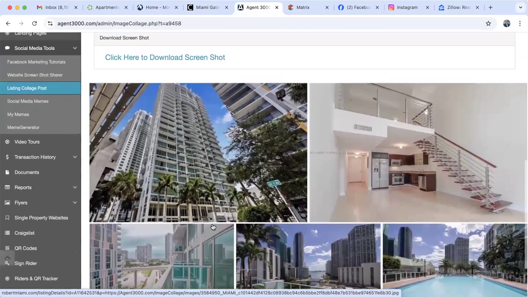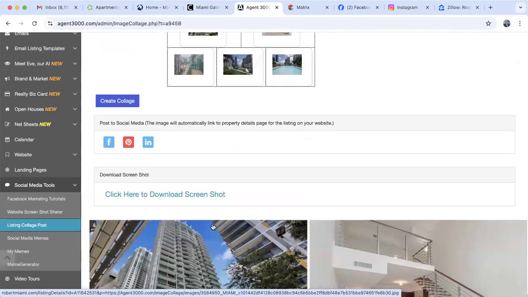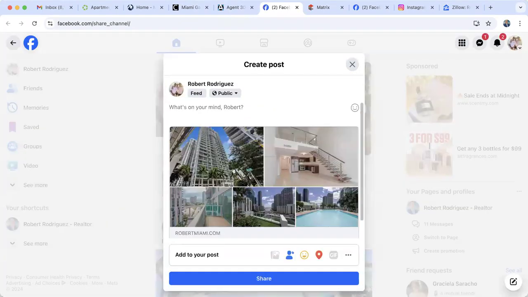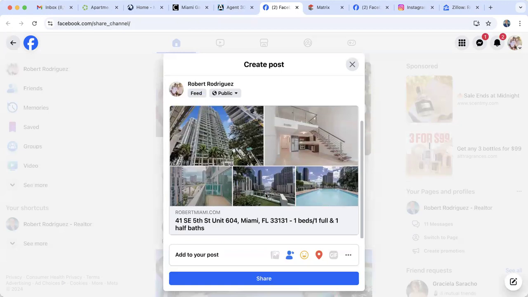What we're going to do now is that we're going to share this collage on social media. So we got Facebook, we got Pinterest, and we got LinkedIn. All right. You guys just click on Facebook, and it's going to create a post just like this, and you're going to get ready to post it on